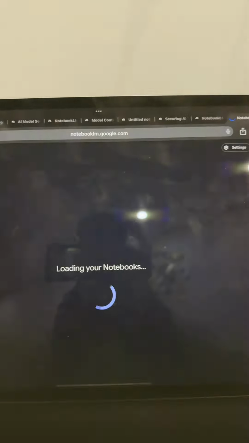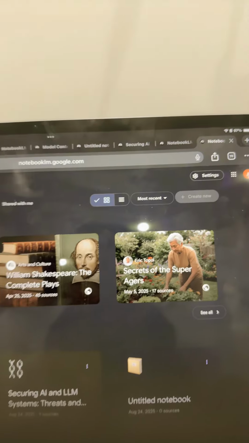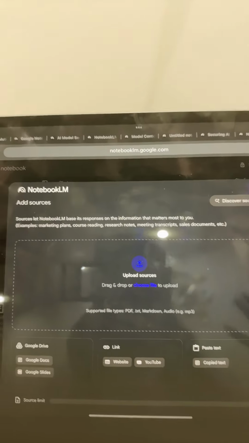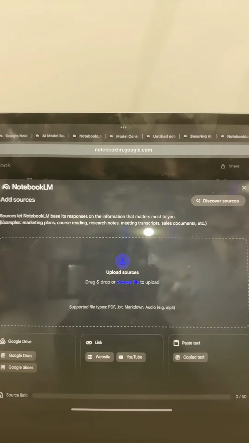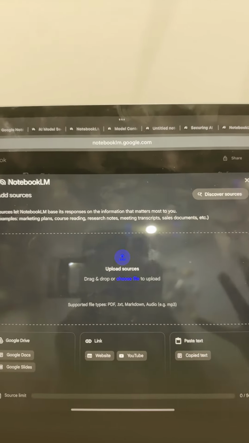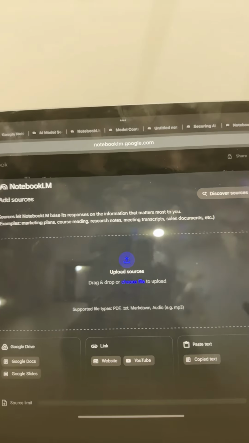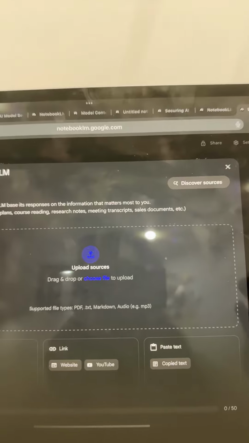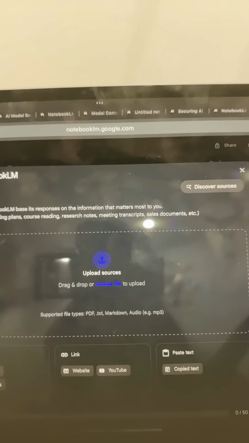So you visit notebooklm.google.com and you hit try NotebookLM. When you do that, you have the option to create a new notebook, which you can do. And then here you can either upload the sources that you already have for your learning, for example, your own book or a video that you were watching to learn from it, or a website from where you would like to learn, or even a copied text that you have. Maybe your friend gave you some notes and you want to learn from that. You can copy paste those here.